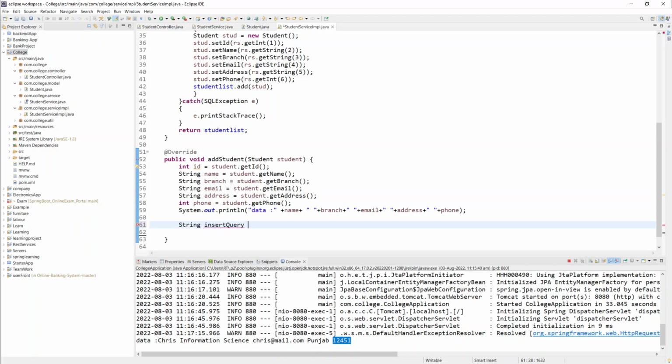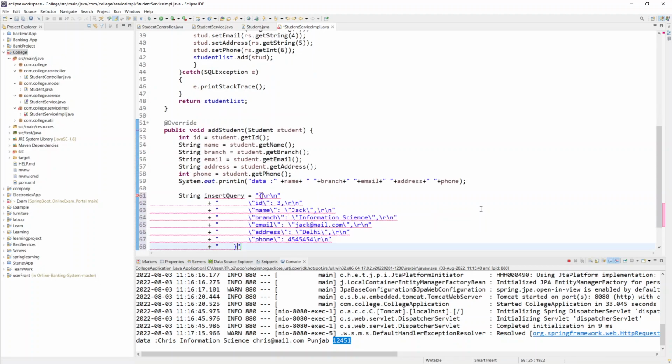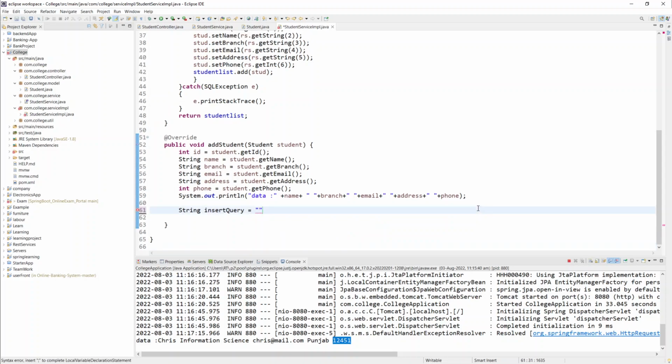I'll just mention this is just a variable, you can give any name you want. I'm going to mention our entire query in a string like this. I'll just paste it, but we need to modify a few things. Sorry, just a second. It didn't come in a proper way. Okay, no problem, we know the query, we'll just type it quickly. Whenever you're writing a query, mention the keywords in capital letters: INSERT INTO